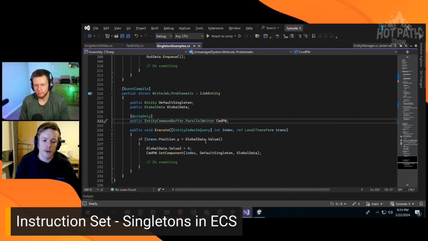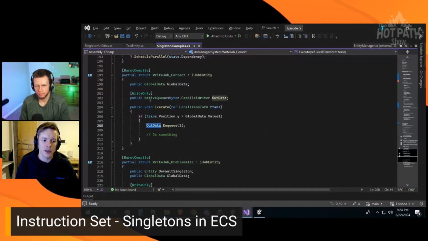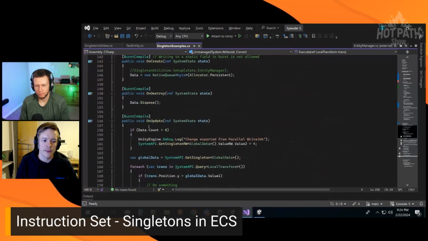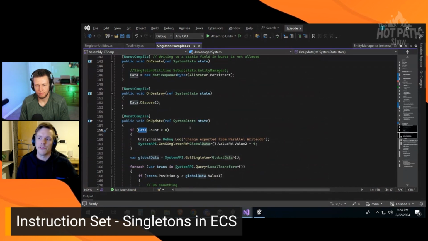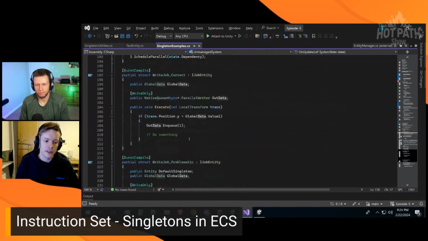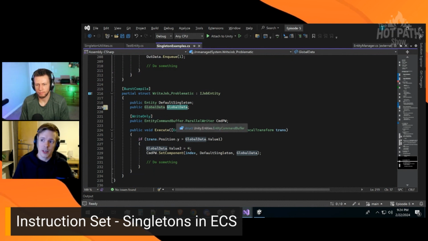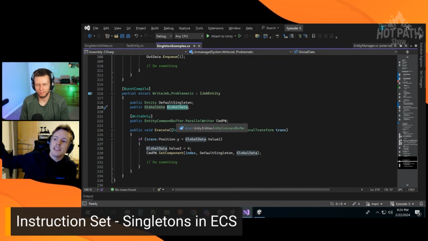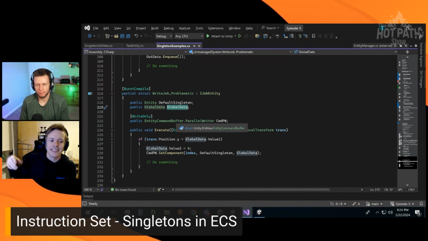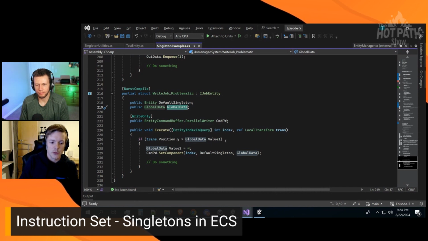So here we have basically the same situation, but instead of communicating out through a native queue and having "is there anything in the native queue" as the signal, we are trying to update the global singleton data, and say, oh, an enemy went out, and we need to detect that in the singleton data, or singleton state, or whatever you want to call it. So we have this if statement here, and then somebody went over and we set this value, and